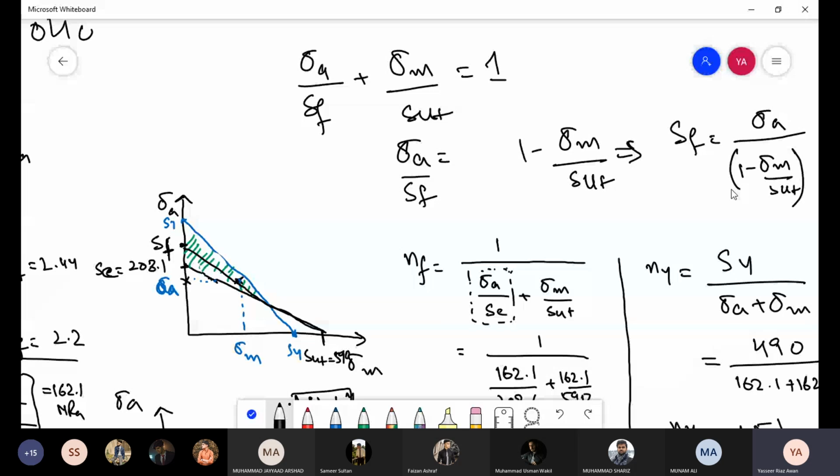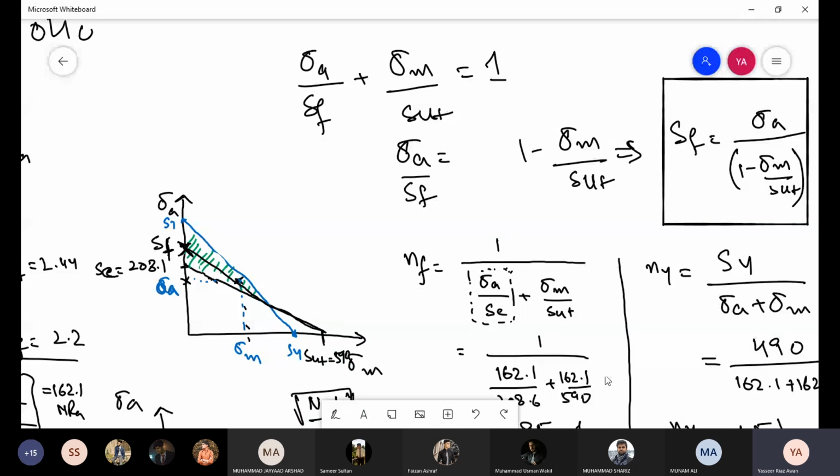So this would give you the value of fatigue strength, ठीक है। So basically we are using sigma A and sigma M value to find this value, ठीक है।